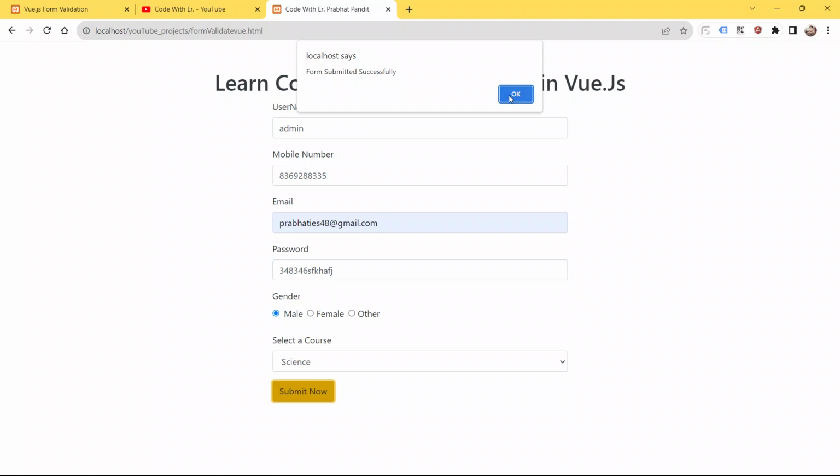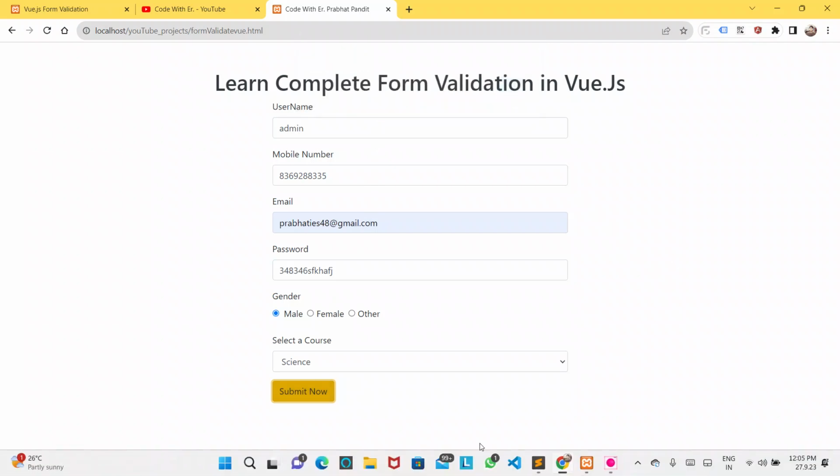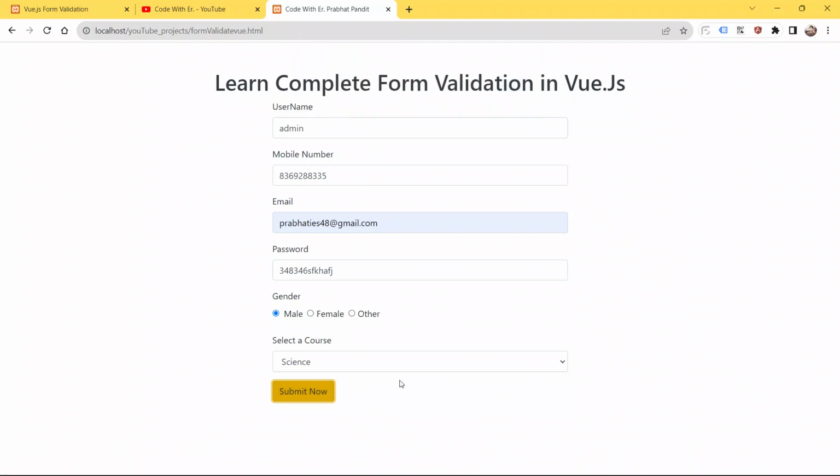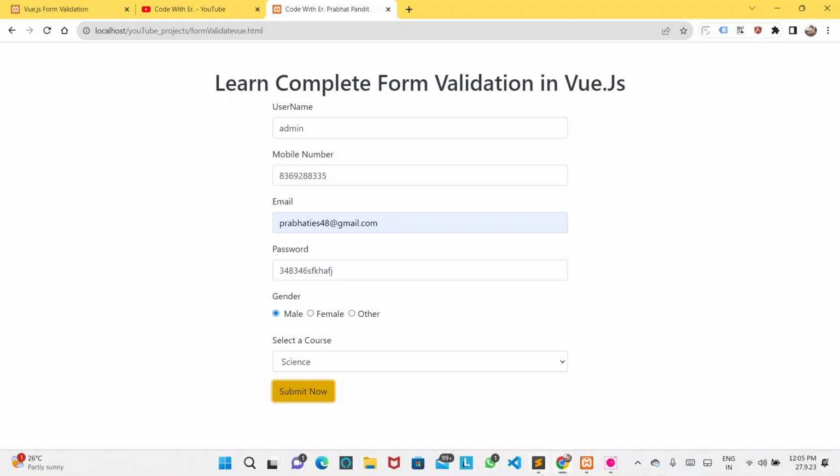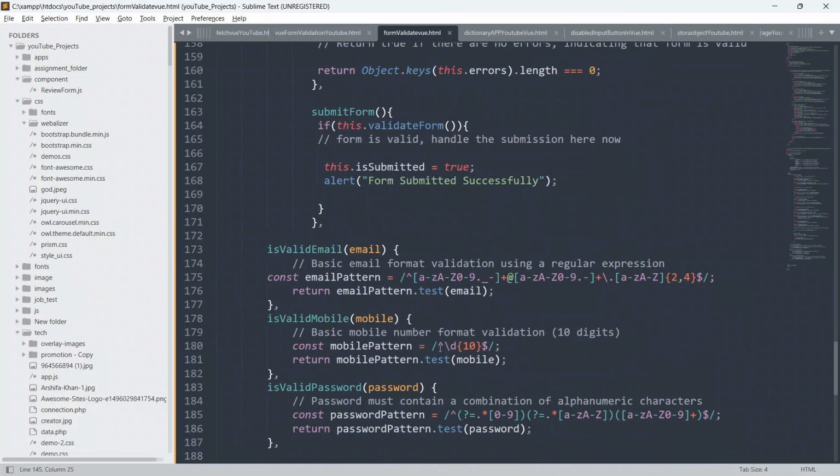And guys, now we will display all the users, whatever details have been entered by the user, on the screen. So just hit the button OK and go to the code. We have not cleared the form yet, so we will clear the form also. Inside this submit form method, we have to write something. We have to define something now.